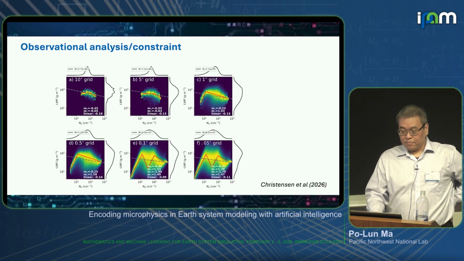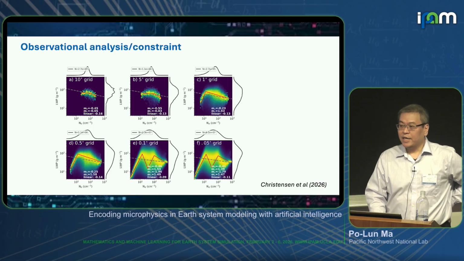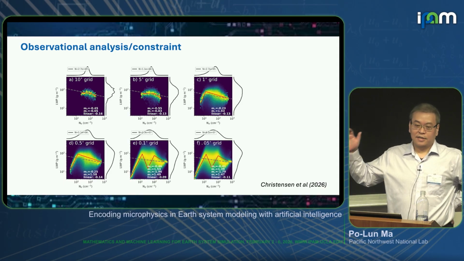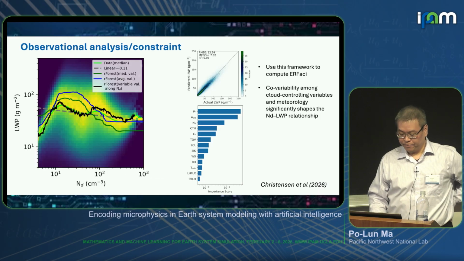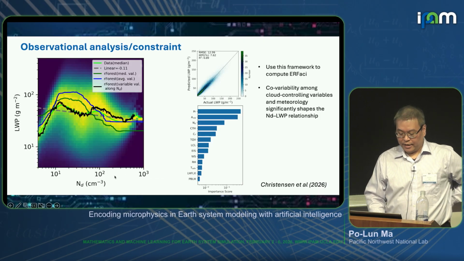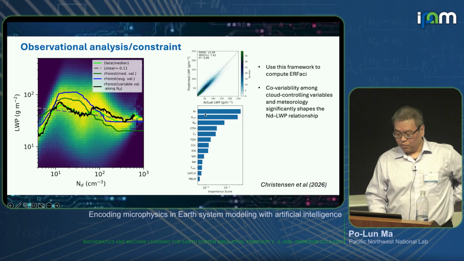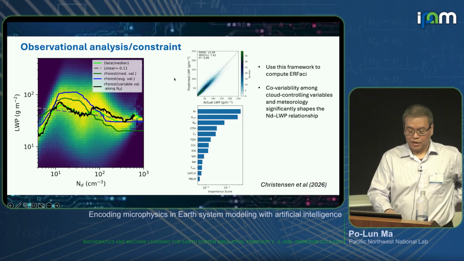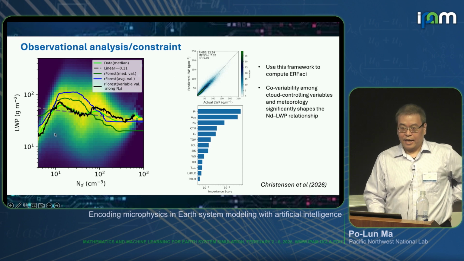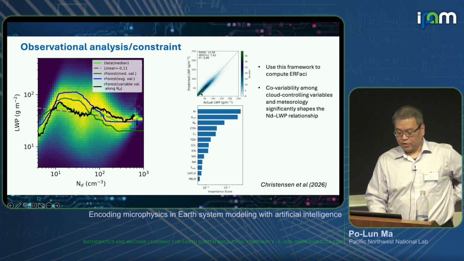And then why is there an M shape, right? If it's an M shape, we can use simple precipitation suppression and then entrainment to explain this behavior. So he then built a random forest model with a lot of cloud controlling factors and also the droplet number to predict the liquid water path. And the random forest model appears to be a very good model. But then when